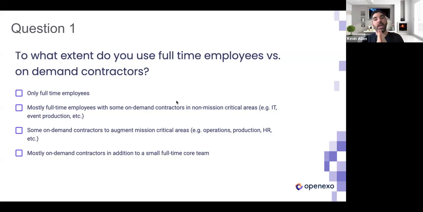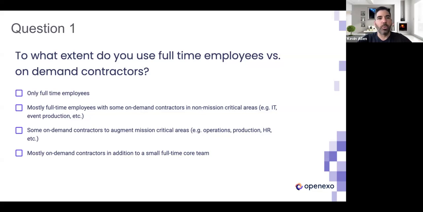And what's really interesting is, and you'll see when we get to the end and we look at some examples, ultimately you will see that within different levels of an organization, to this question, you can get answers ranging from only full-time employees to mostly on-demand contractors within the same company, and so that then really gives you a good insight into the fact that there's not a common understanding between all the members of the organization.